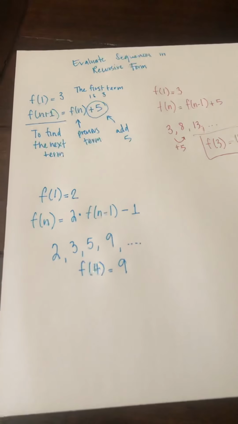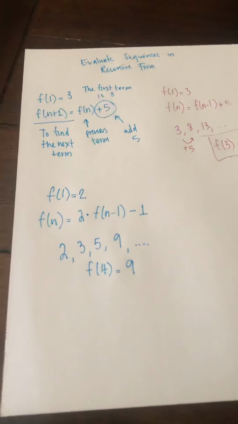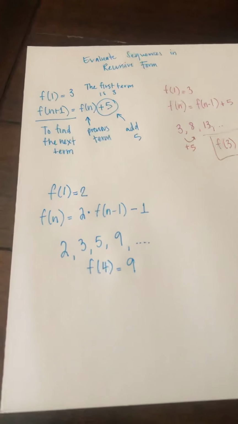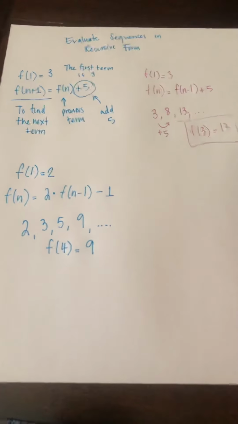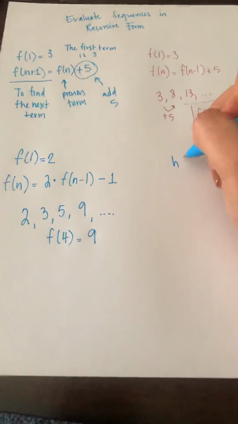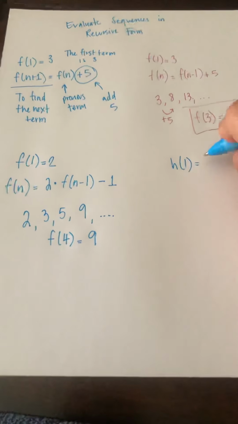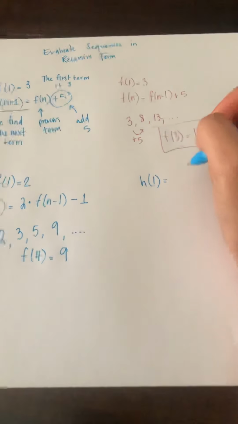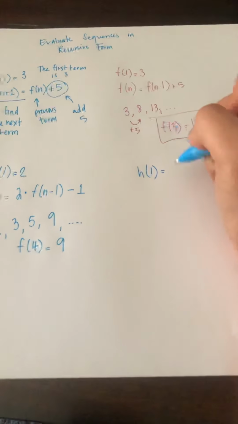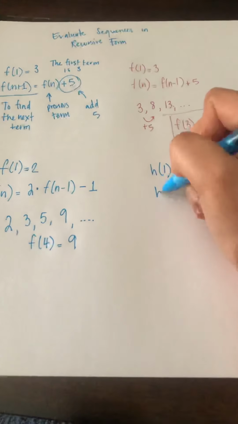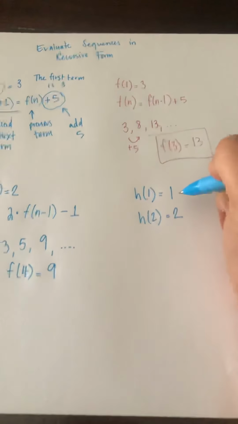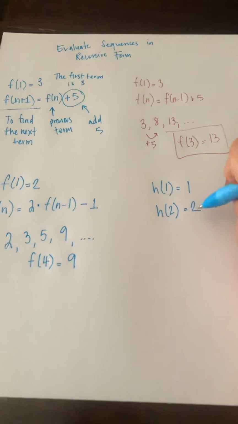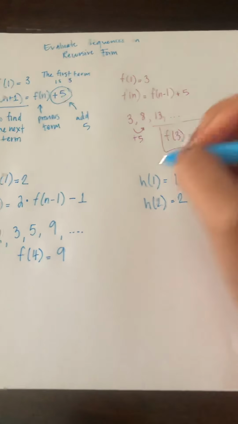Okay. There's another one that is kind of difficult in Khan Academy. Let's see if I have the Khan Academy open right now so I can show you. So they might have something like h of 1 equals 1, and h of 2, let's make it equal to 2. This means that the first term is equal to 1, the second term is equal to 2, and then to find the next term,